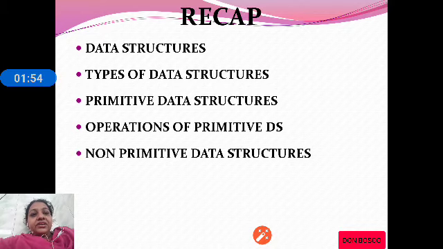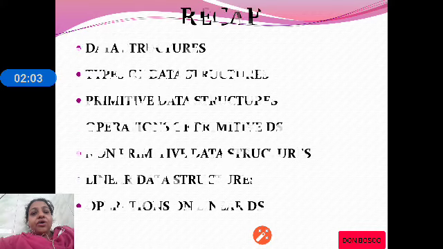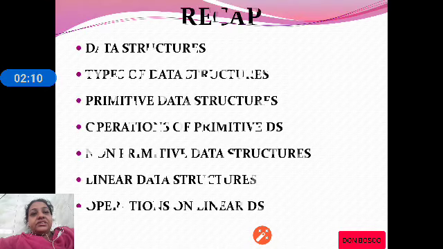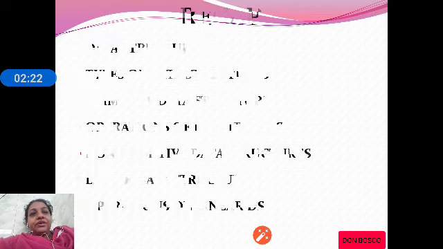Similarly we studied non-primitive data structures, and in non-primitive we discussed linear data structures and non-linear data structures, and also the operations on linear data structures, that is insertion, deletion, traversal, search, sort and merging. Now we will be starting a new topic in the same chapter called arrays.